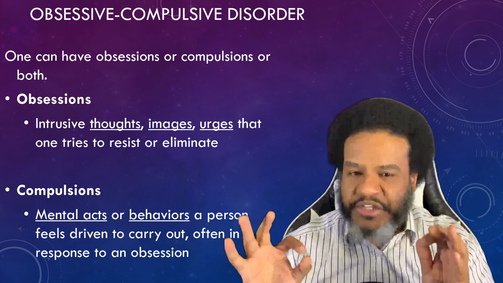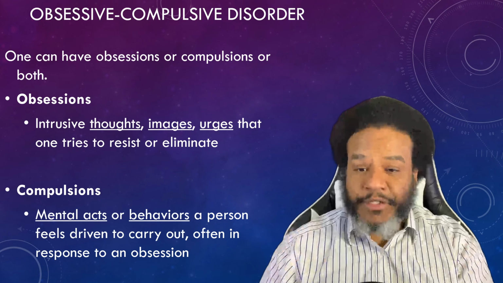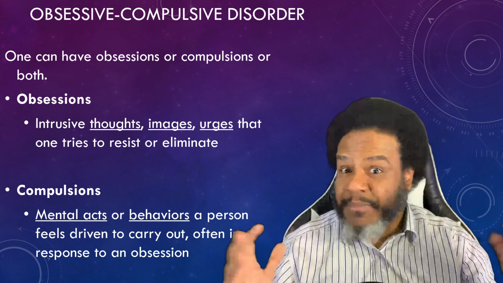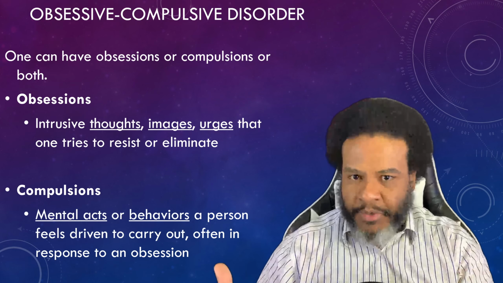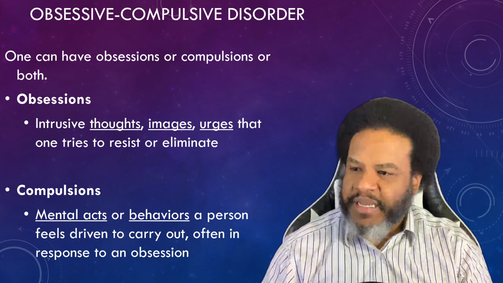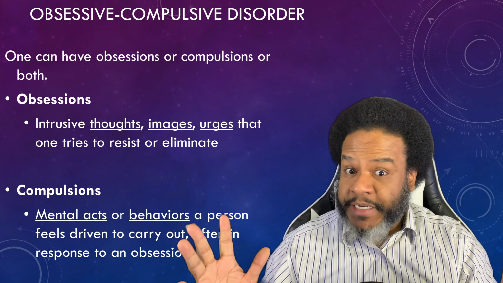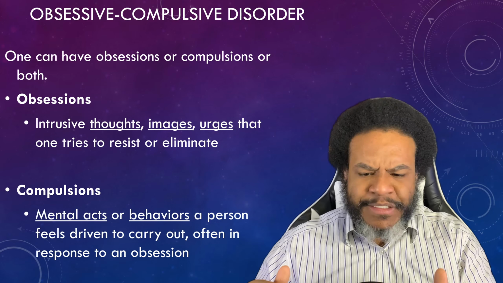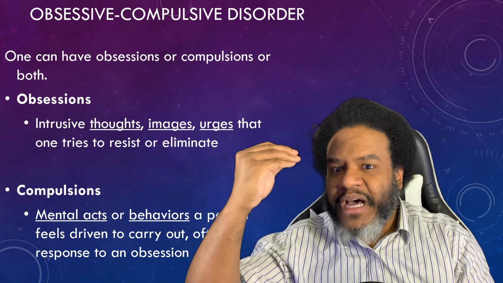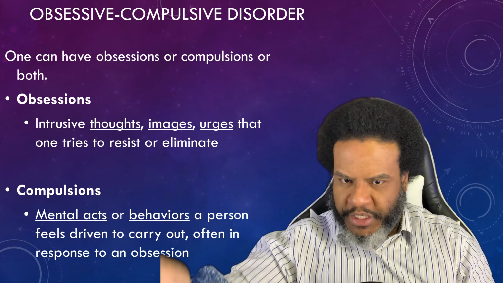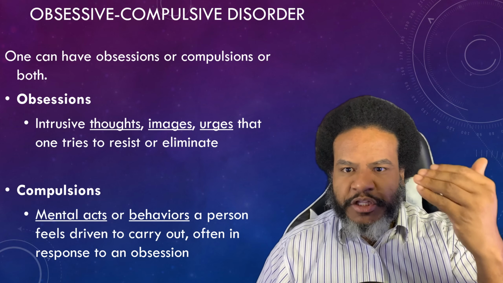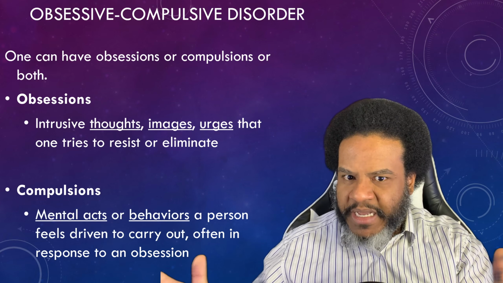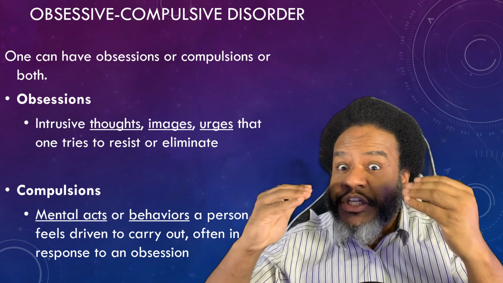Now, these obsessions and compulsions are time consuming. So you spend more than an hour per day doing them. Like you have to spend a lot of time checking things, or these obsessions and compulsions cause significant distress and impairment. How is obsession different from worry, right? Some of you might be thinking that. Well, worry involves common daily problems. So it's like, oh, I should probably make sure the oven is off because that's a good thing. I should make sure that my door is locked because that's a good thing. I should make sure that my notes are organized for my presentation because that's a good thing.